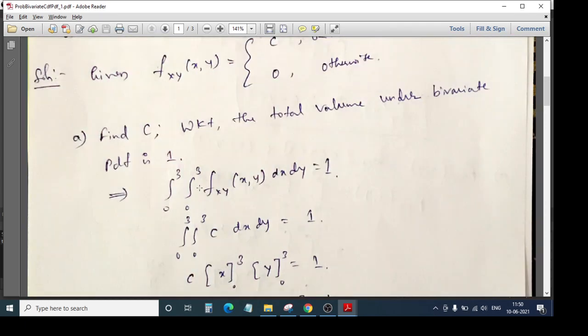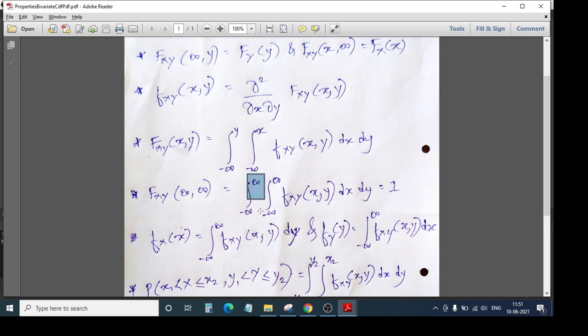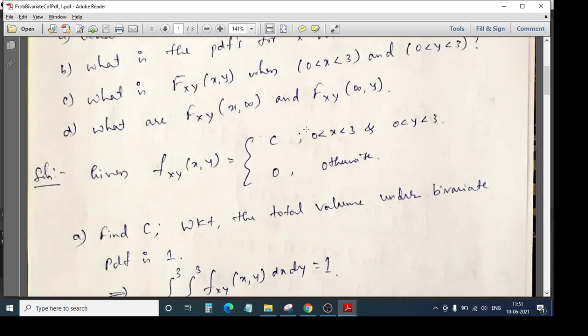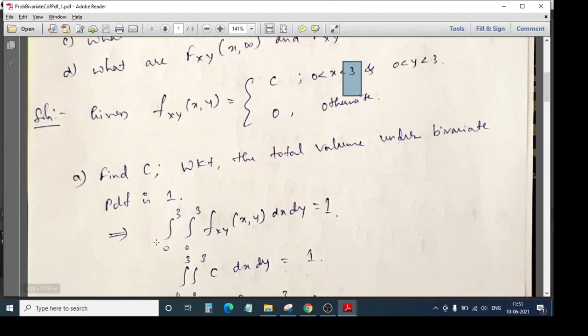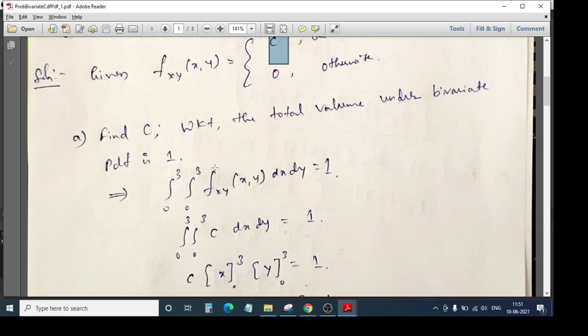Next, here friends, if you observe the formula, it is minus infinity to plus infinity for both. But here there is no need to take all the values from minus infinity to plus infinity. Our area of interest is from 0 to 3 for x, so we have taken 0 to 3, and 0 to 3 for y as well. Okay, I hope the limits are clear, why we have written 0 to 3. Next, the f_XY value he has given is c in between this range. So we take directly the value of f_XY as c